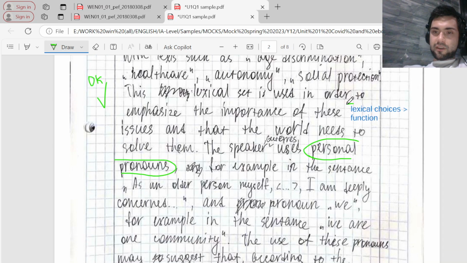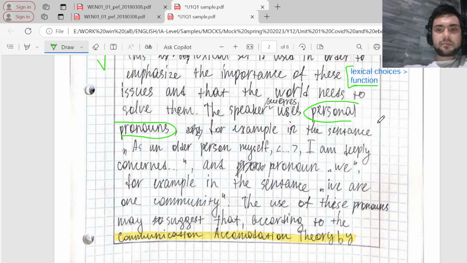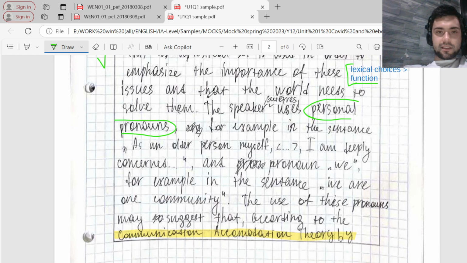I give a note here that in short we find the particular lexical choices, say several semantic fields, and then we answer the question, what does the speaker want to achieve, which is the function. So we relate the lexical choices to the specific contextual factor, which is the function. So after that, which must be a separate point, by the way, here, the student writes about the use of